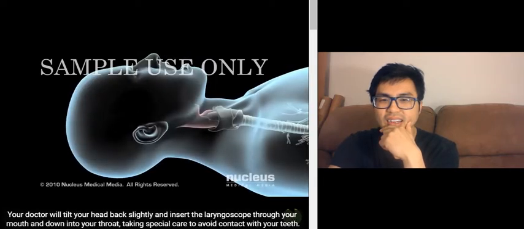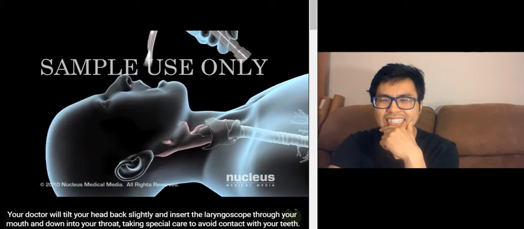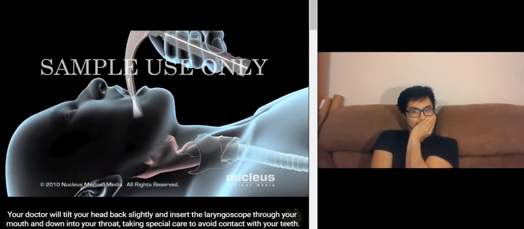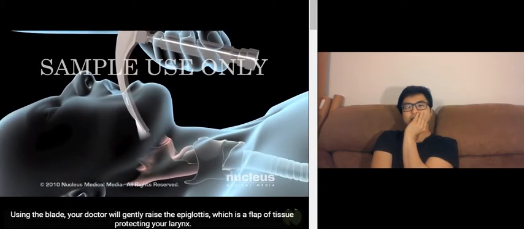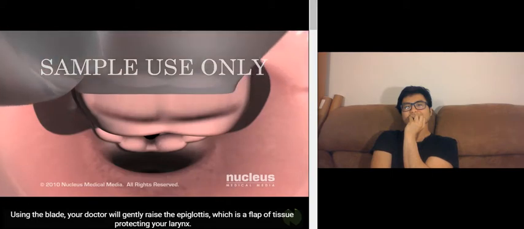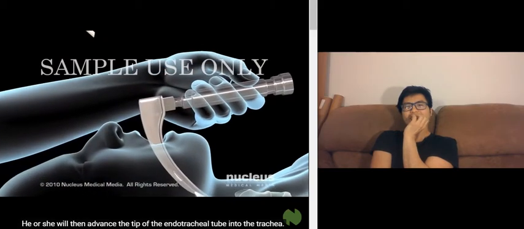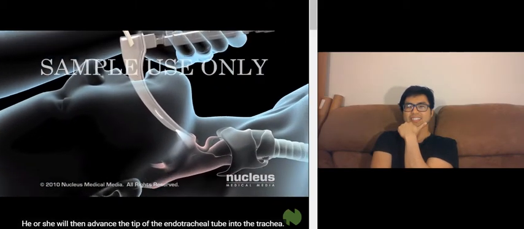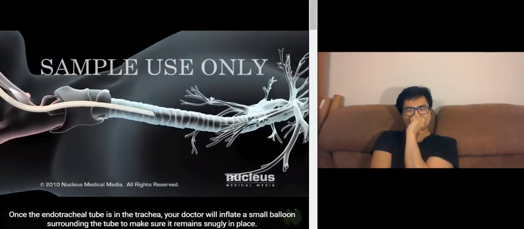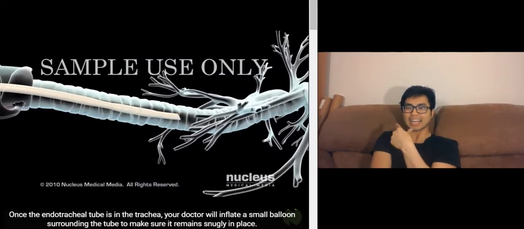Your doctor will tilt your head back slightly and insert the laryngoscope through your mouth and down into your throat, taking special care to avoid contact with your teeth. Using the blade, your doctor will gently raise the epiglottis, which is a flap of tissue protecting your larynx. He or she will then advance the tip of the endotracheal tube into the trachea. Once the endotracheal tube is in the trachea,